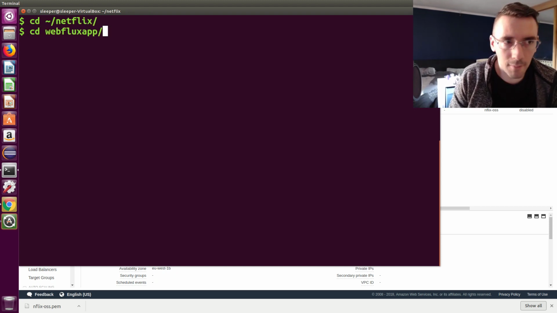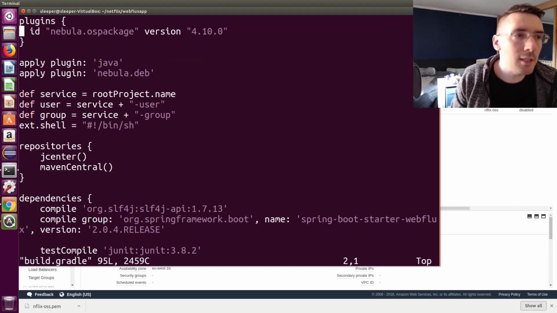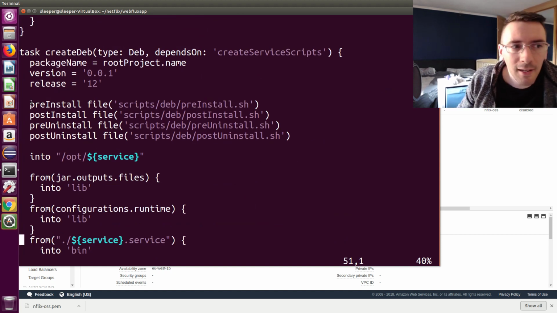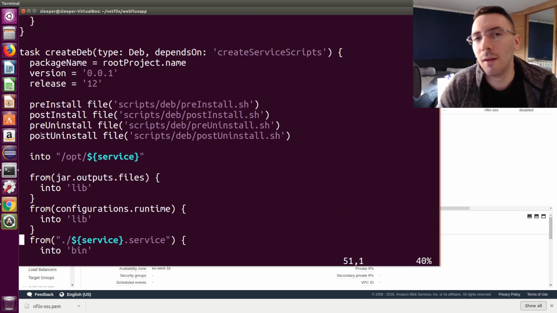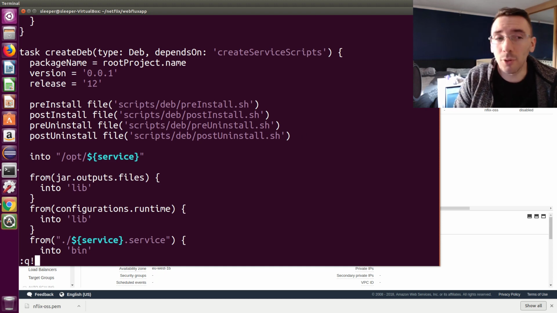Netflix the WebFlux app, right? If I have a look at the build.gradle, if I go to the create deb task, you see I've added a couple of files here. So OS package supports all these, like pre-install, post-install, pre-uninstall, and it'll kind of handle all the bundling for you. So you can see here, I've got a pre-install script, post-install, pre-uninstall, post-uninstall script. So if I just go through those now quickly,